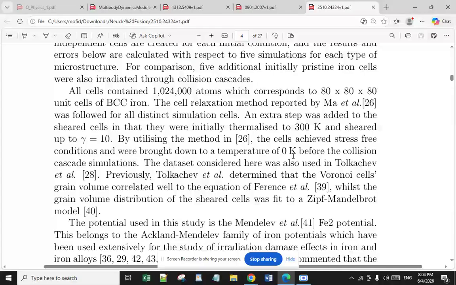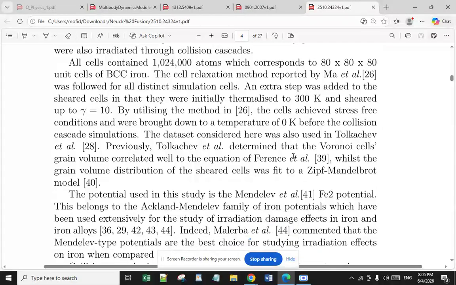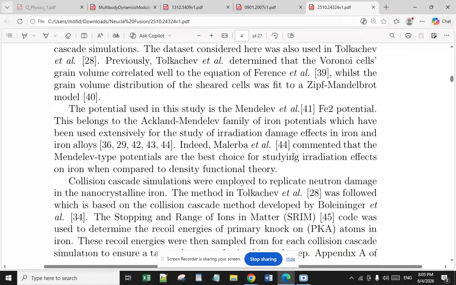The data set considered here was also used in Tolkachov and his colleagues. Previously, Tolkachov and his colleagues determined that the Voronoi cells grain volume correlated well to the equation of their friends and his colleagues, whilst the grain volume distribution of the shear cells was fit to Zipf-Mandelbrot